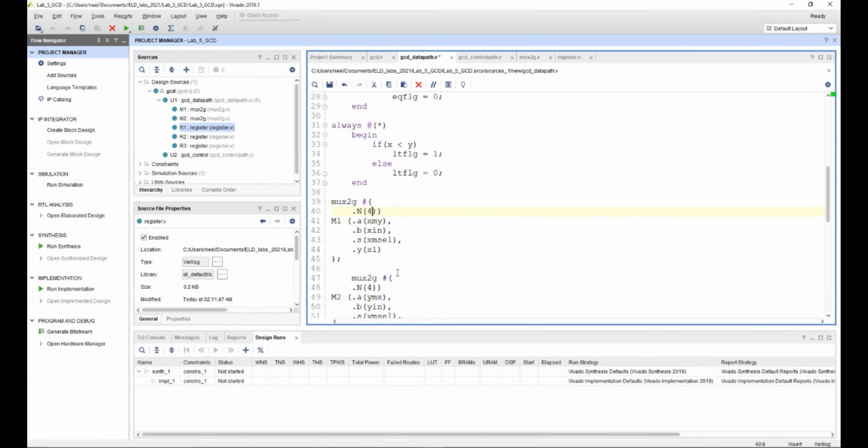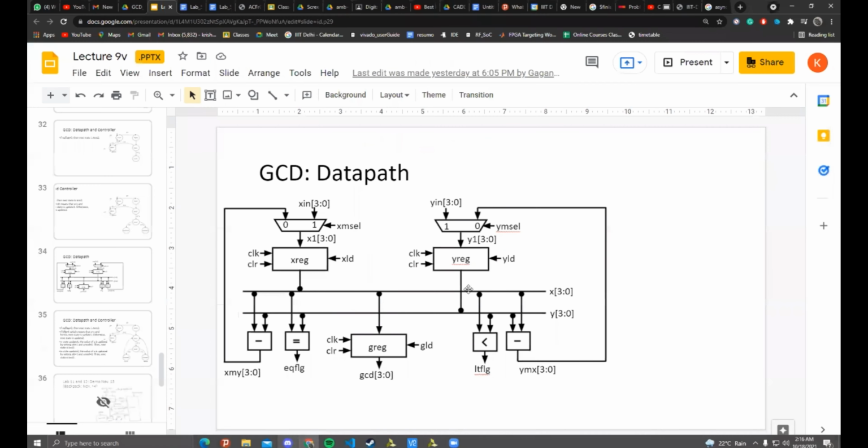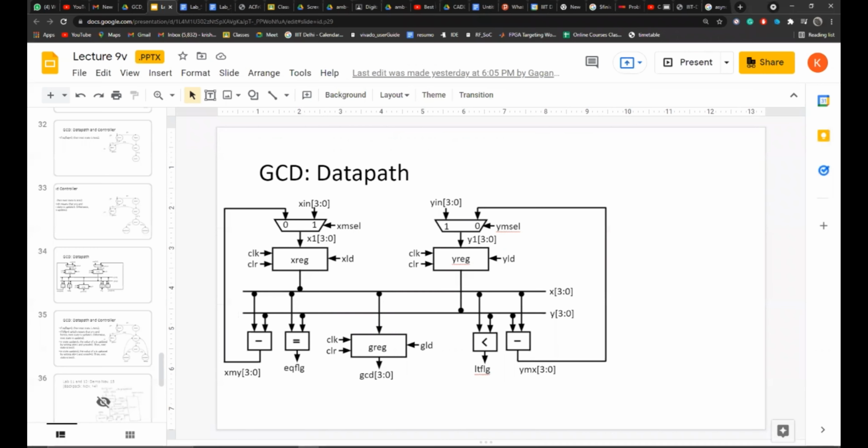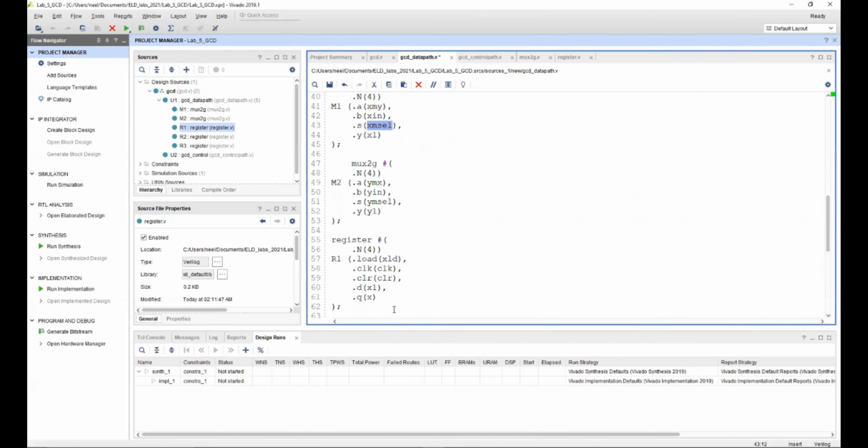And these are the connections that we made. As you can see here, x and y and xn are the 0 and 1. Sorry, a corresponds to 0, and b corresponds to 1, and xn select is the select value. You can clearly see the similarity over here. There's not much there to explain.